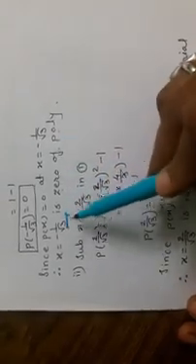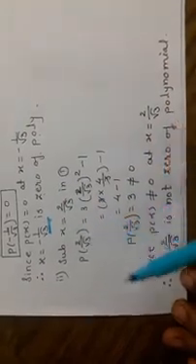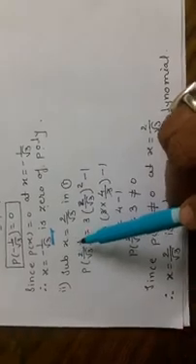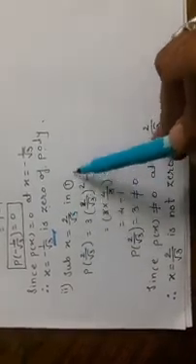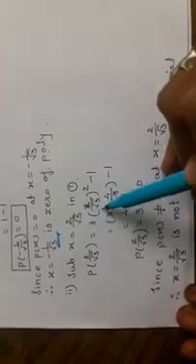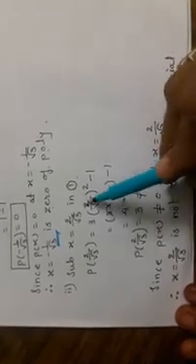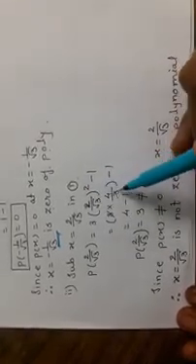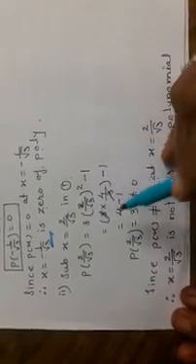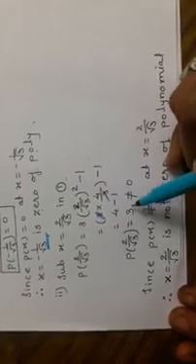So first we have checked that it is a 0 of the polynomial. Second is 2 by root 3, we have to check. So again we will substitute x equal to 2 upon root 3 in equation 1. P of 2 upon root 3 is equal to 3 into, in the bracket, 2 upon root 3 whole square minus 1. 3 into 2 square is 4 and root 3 square is 3, minus 1. The 3 cancels. 4 minus 1 is 3. So P of 2 by root 3 is equal to 3.